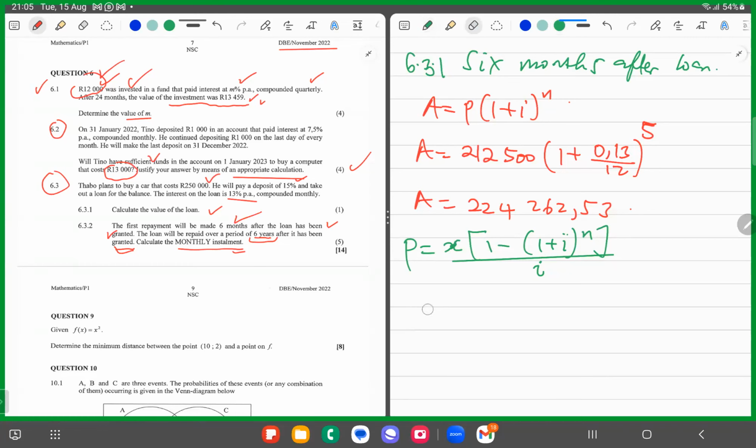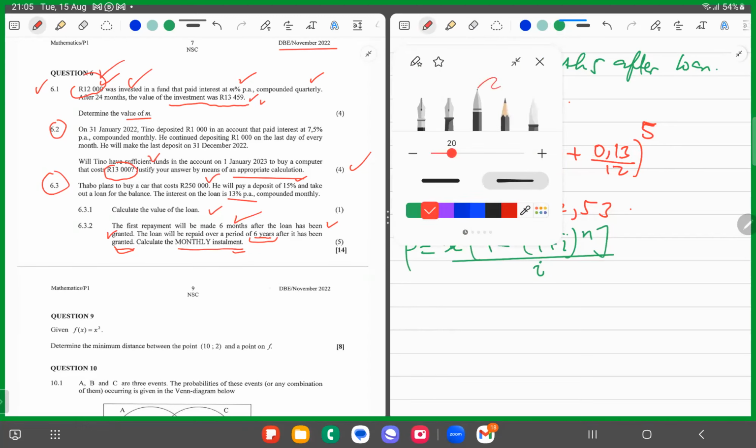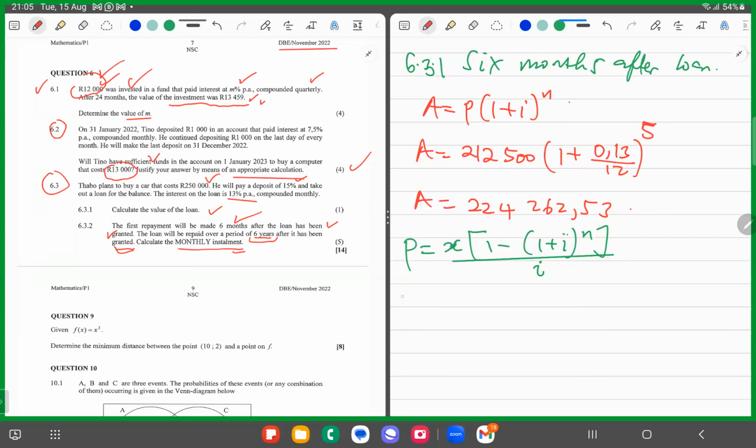So what is the present value? The actual amount of the loan that Thabo needs to pay is 224,262.53. Okay, so this is 1 plus 13%, divide by 100, so it becomes 0.13. You don't only divide by 100, you divide by 100 and then divide by 12 because it's compounded monthly. And then now,